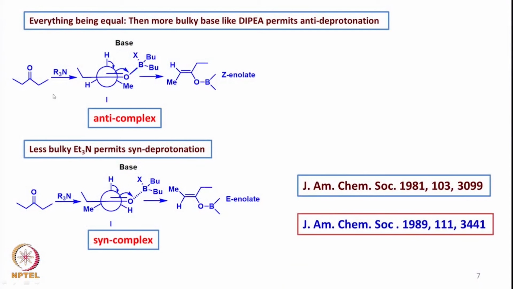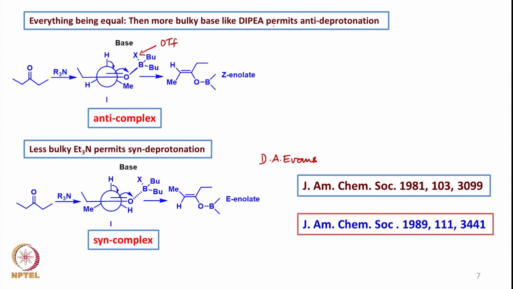So, as you can see here, it is the same thing I have written here now, except that we have dibutyl substituents on here, and we have put here X, X as a leaving group. So, it could be, say for example, a triflate. So, what has been observed by David Evans, D.A. Evans, is that everything being equal,